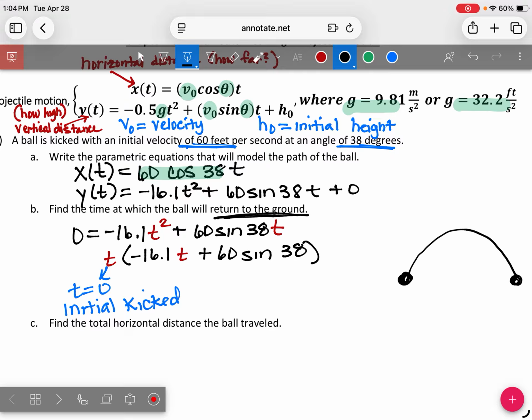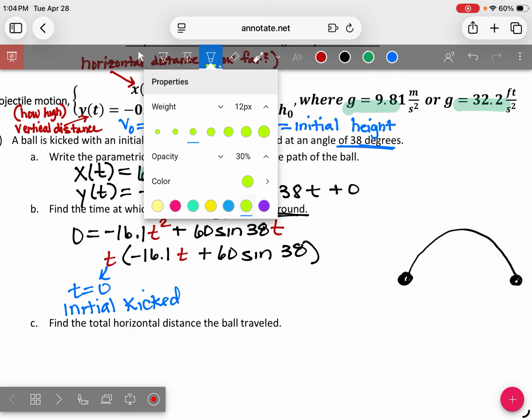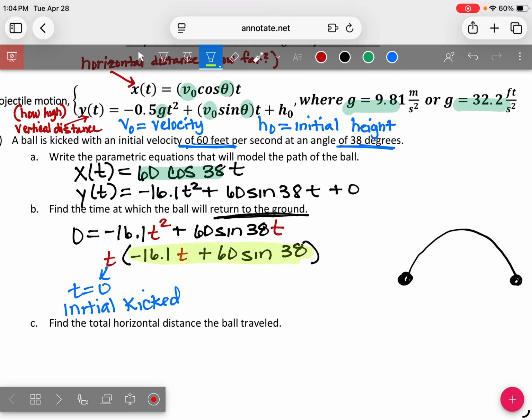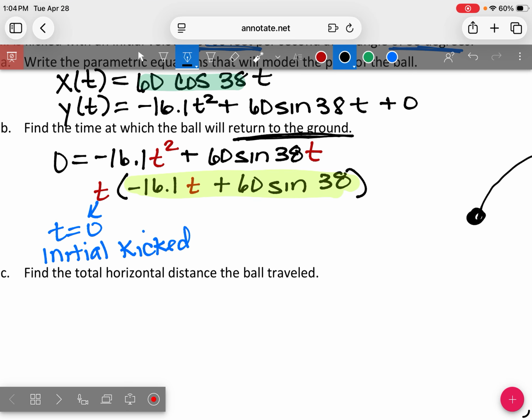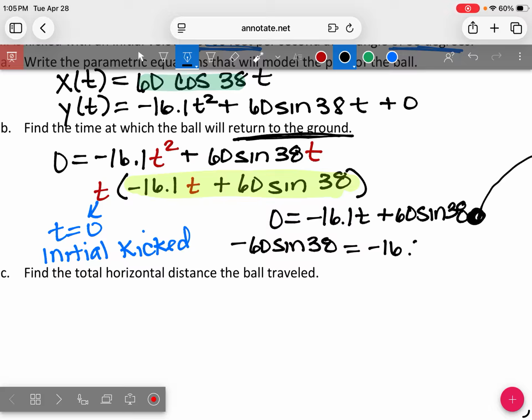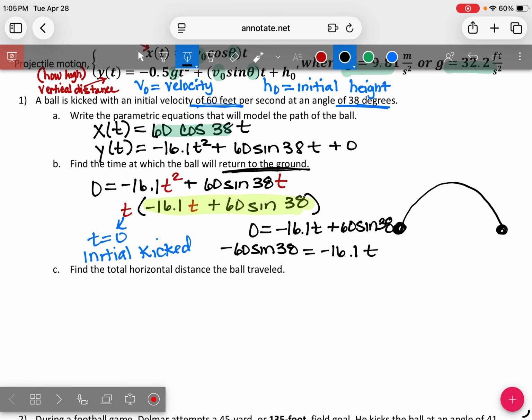There should not be a t at the end because we took it off. So now let's take this, set this equal to 0, and solve it for t. I know that looks kind of crazy, but it's not that bad. So we have 0 equals negative 16.1 t plus 60 sine 38. First step, I'm going to subtract the 60, which will be negative 60 sine 38